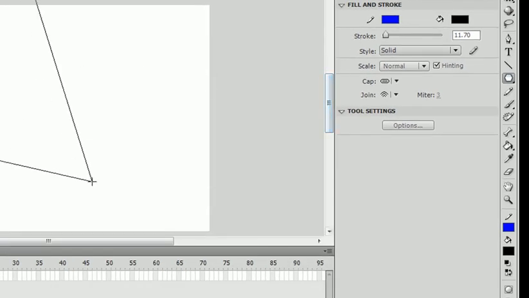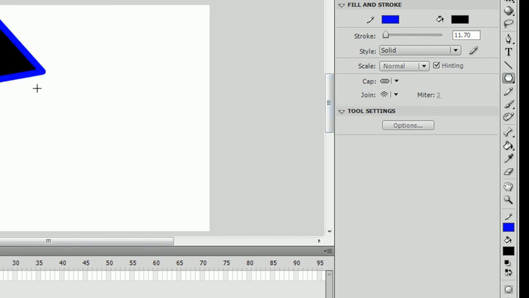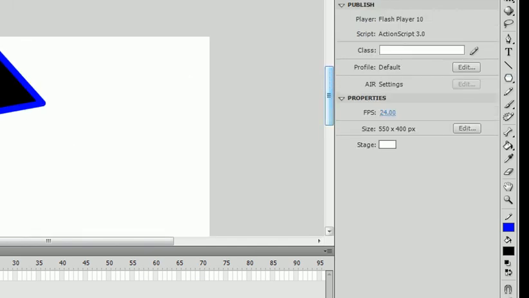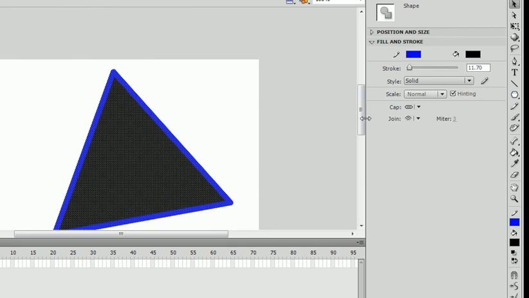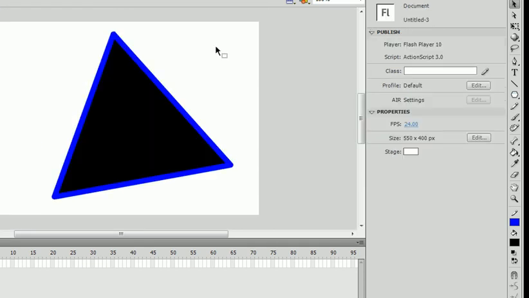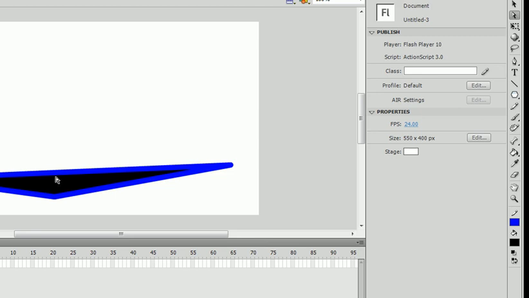I'm going to drag this. If I were to click on this and drag it really sharp, you'd see we have our triangle, and then if you were to click